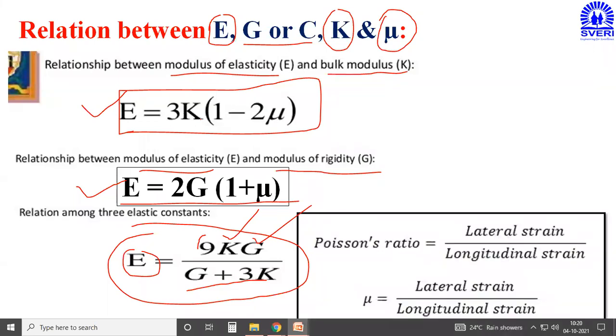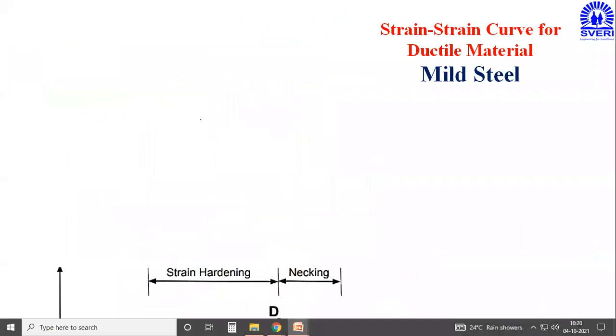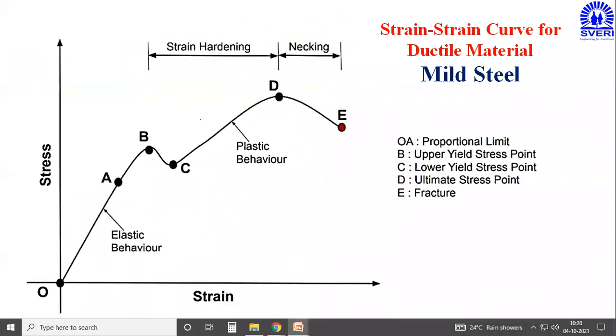This Poisson's ratio definition we have already discussed, that is lateral strain upon linear strain, also called longitudinal strain. Now, the stress strain curve for ductile or brittle material. This is a very important point, and based on this stress strain diagram, many times questions are asked in the examination as objective questions. Please keep in mind, these two curves are very important. Small MCQ based questions are asked in the examination, but sometimes students are unable to give the proper answer because they are unaware of which point indicates which parameter.